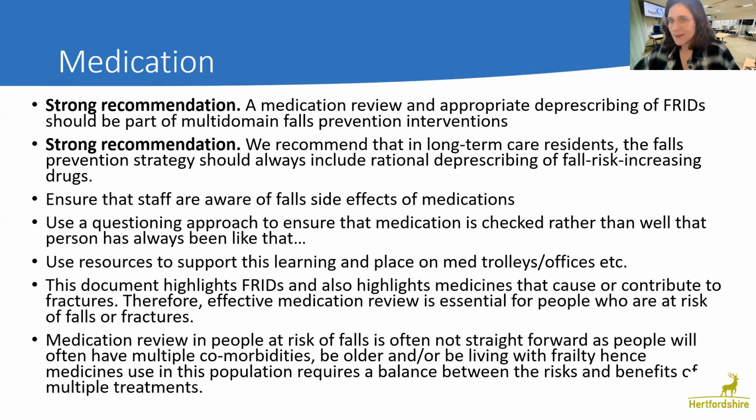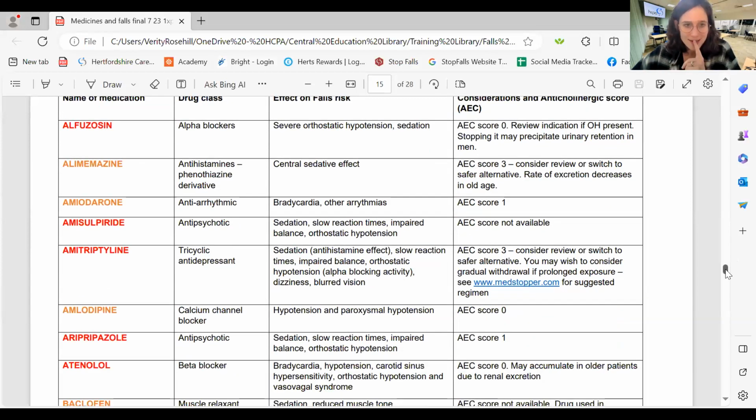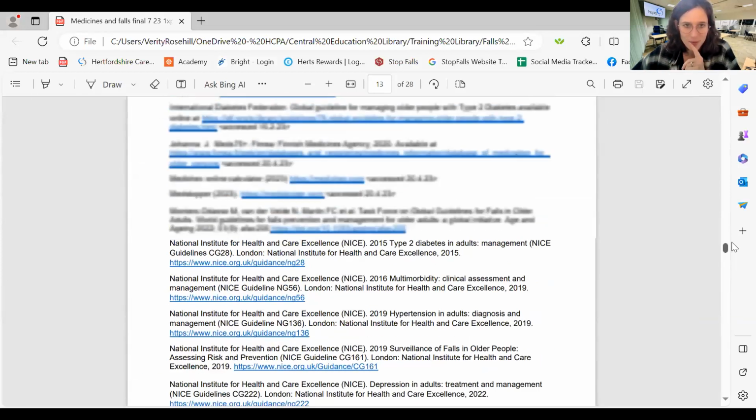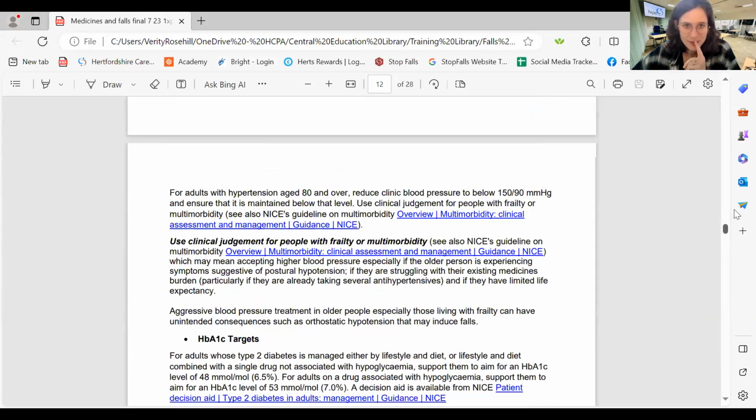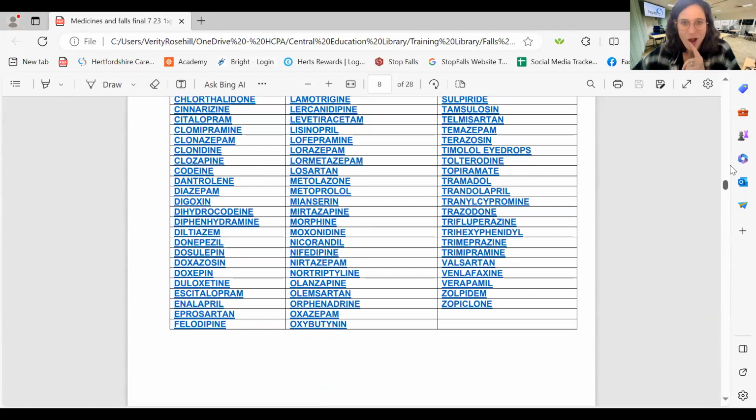So there is this big document that I will send to you. It's all about falls and meds, and it has a whole list of medications. If I go up slightly, this is lots of references. Here we've got a whole list.